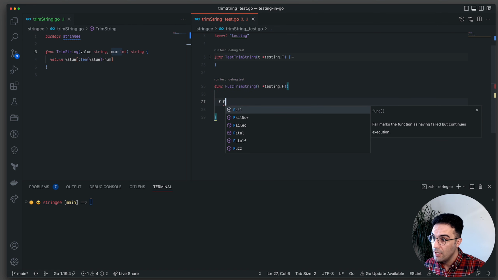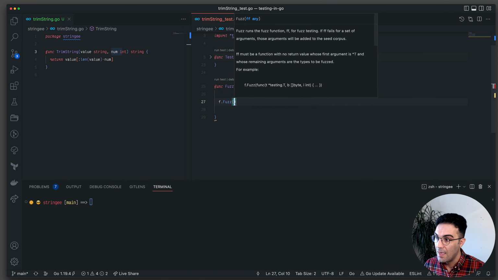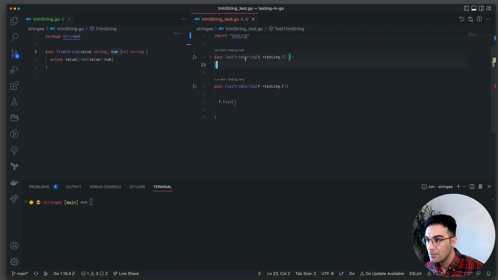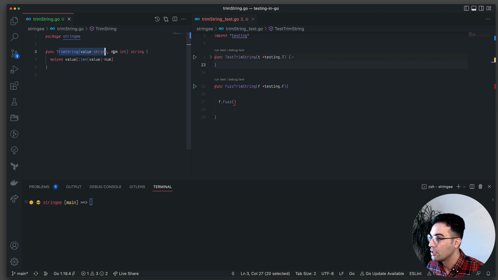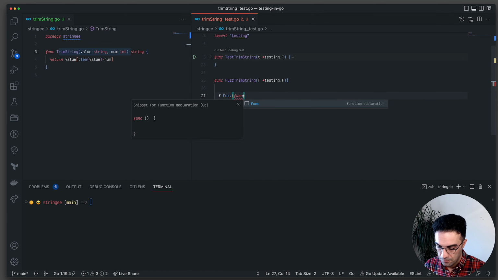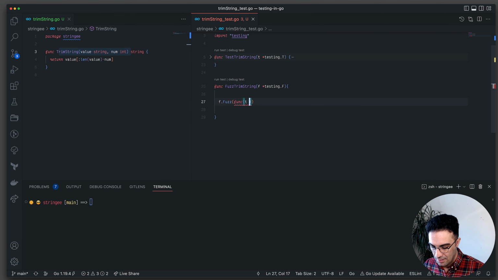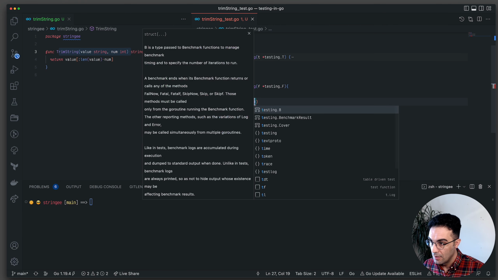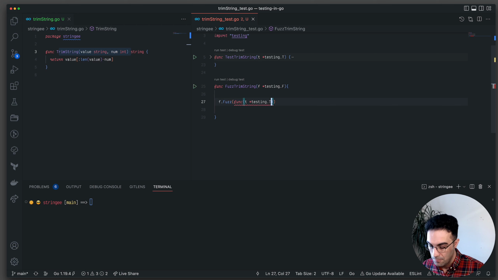But here what I'm really looking for is f.Fuzz. f.Fuzz receives a function which is very similar to a normal test, but it also accepts all the arguments in our function as well. So what do I mean? It's a func, and then t, which is a testing.T, comma,